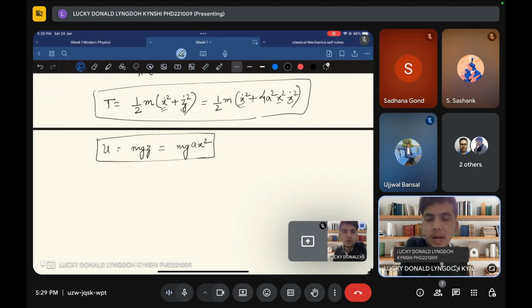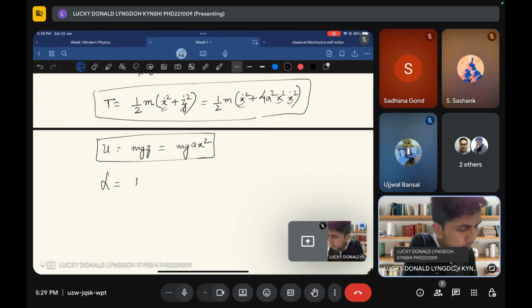Okay, so now you know your kinetic energy and you also know your potential energy. So what is your Lagrangian? Lagrangian is simply T minus U, as we have just discussed. So which will be equal to half of m. Take this equation, half of m, we get